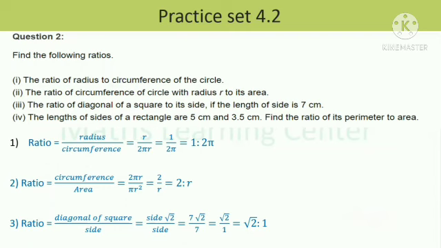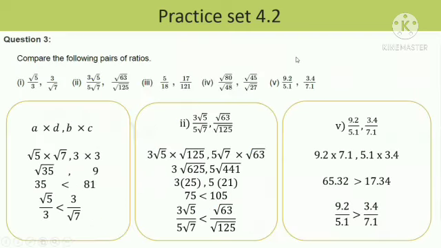Now we'll proceed to question number 3. Question number 3 is compare the following pair of ratio. जो starting में हमने कुछ rules देखे थे, 2 different methods देखे थे, उसमें से second method जो है LCM का method आप 8th standard तक use करते थे. अभी ये जो method है हम उसके according देखेंगे. So पहला जो example है आपका √5 upon 3, 3 upon √7.